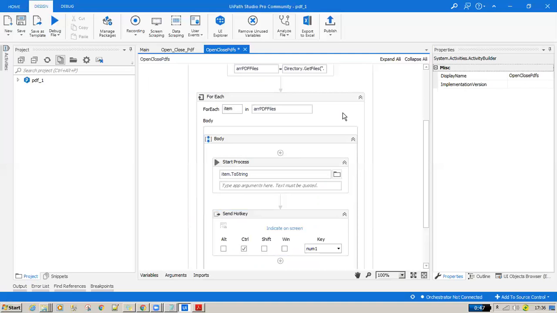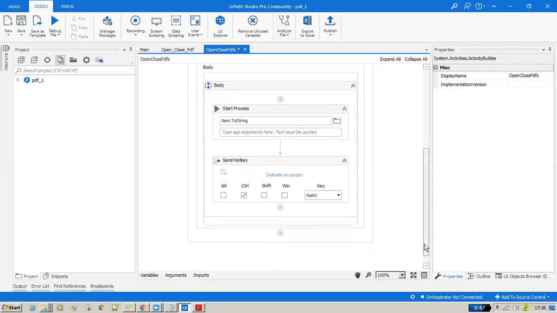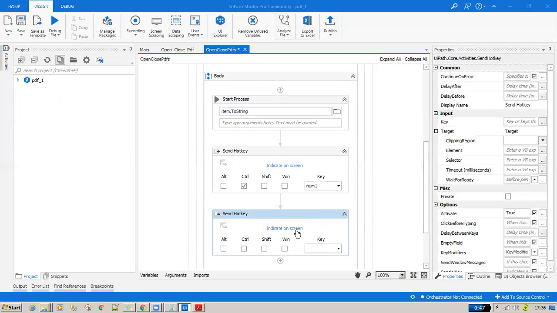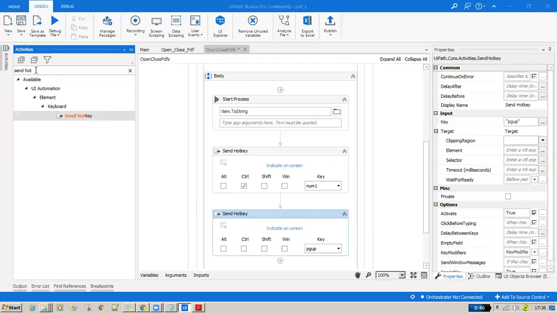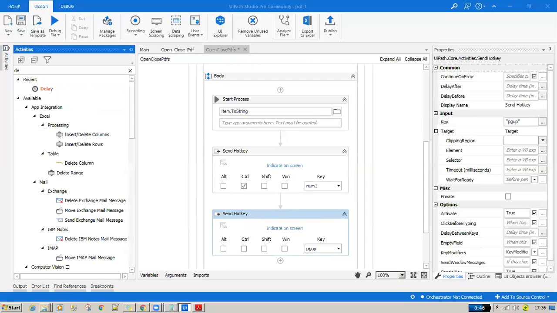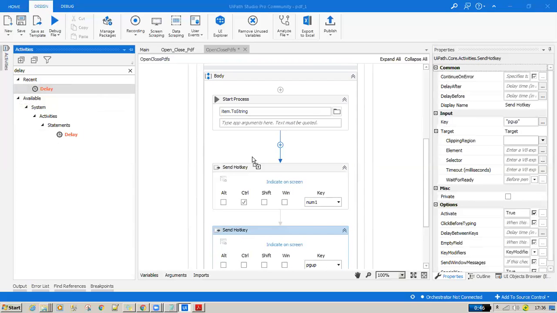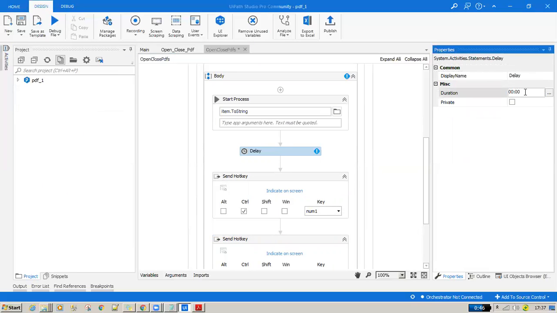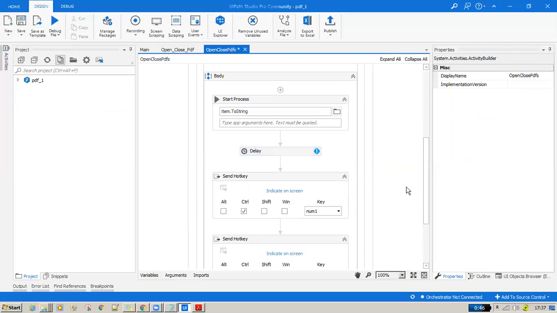That is the first hotkey. Then we'll use one more hotkey, for Page Up, to make sure your PDF is at the top of the page. After Start Process, give an explicit delay of 2 seconds. All right, that's all I need.